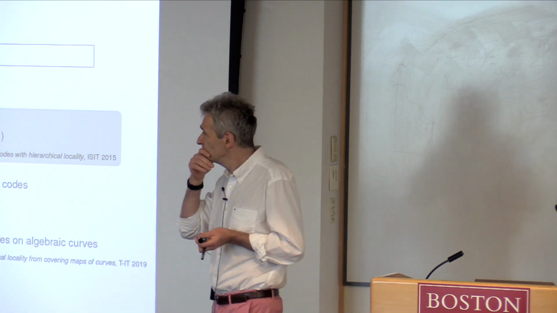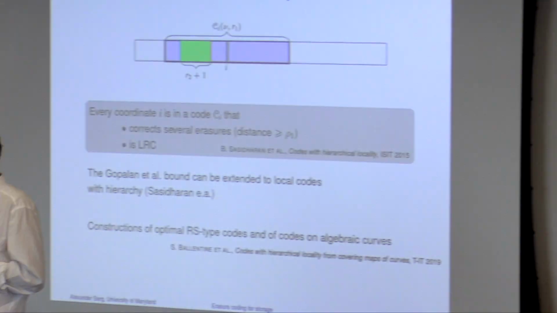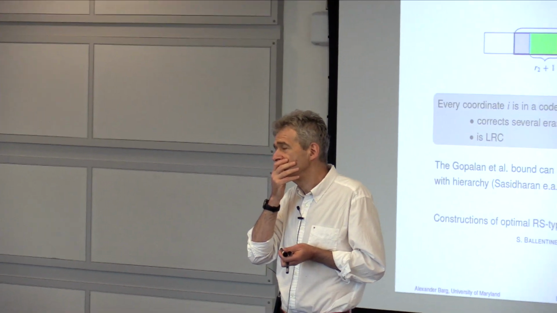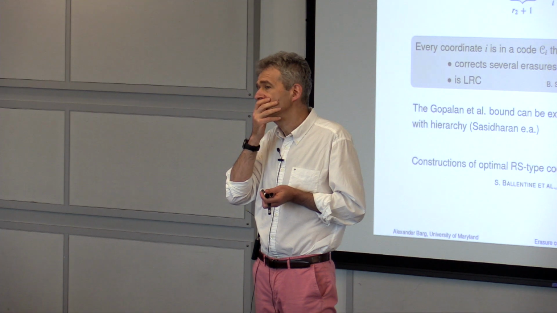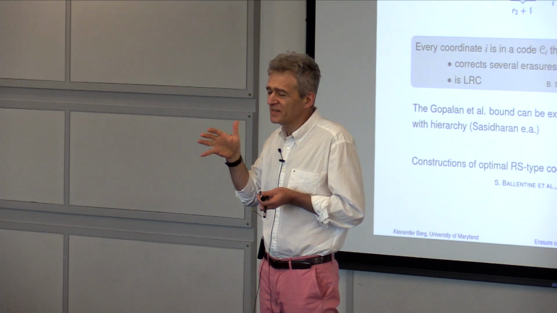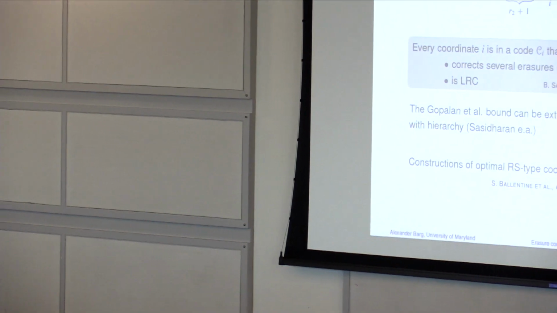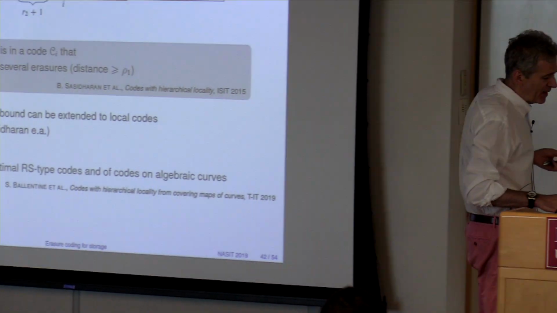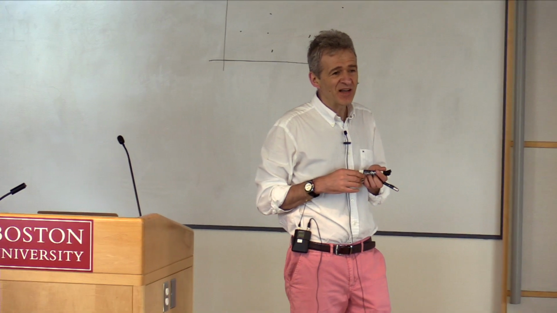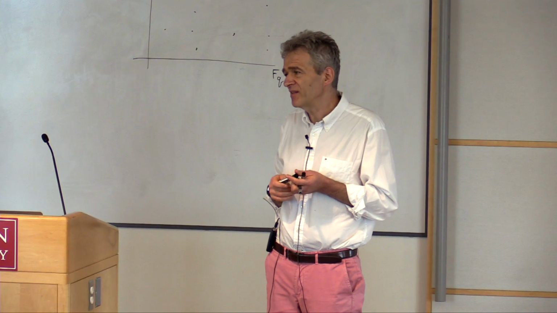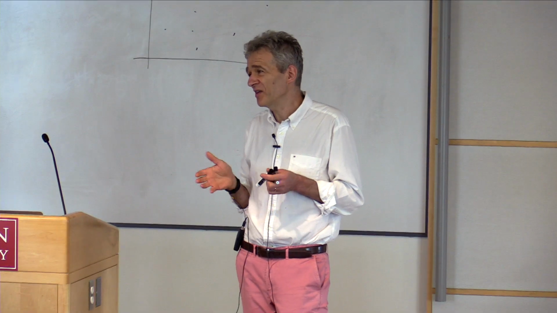So besides Reed-Solomon codes, are there any other families of algebraic codes that we knew from before that were optimal in some sense, that have good LRCs? Well, I probably should repeat the question. Are there families apart from Reed-Solomon families, other families of algebraic codes that were known to be good in some sense, that are also good as LRC codes? And the answer is rather yes than no, as long as we don't insist on precise definitions of being good here and there.